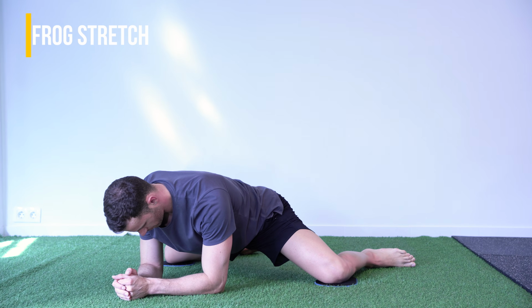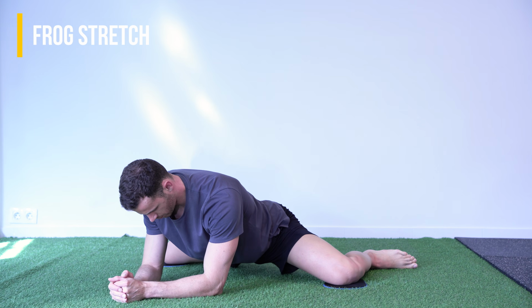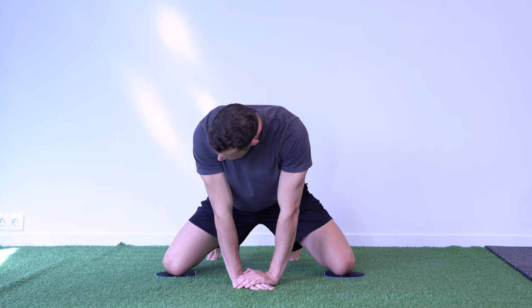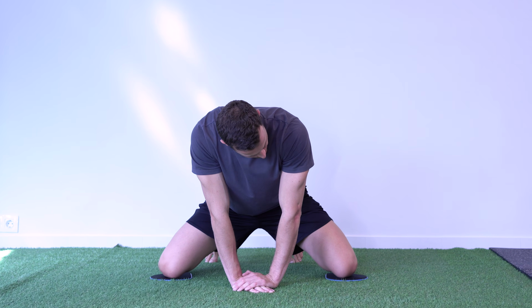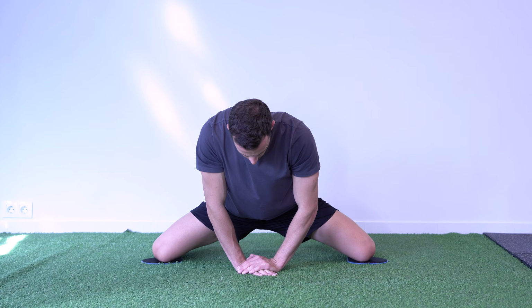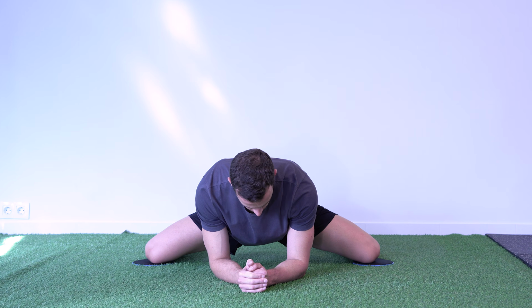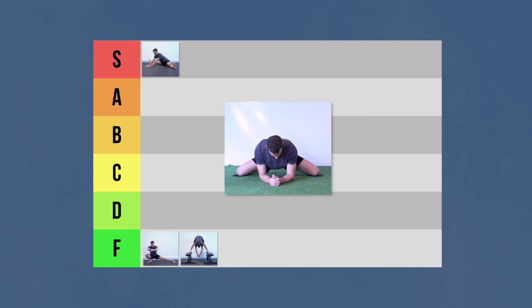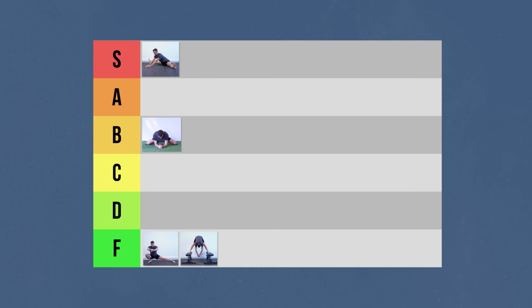The next one is the frog stretch, which targets only the short adductors. It's an easy to do all levels position, but it's slightly inconvenient to leverage your weight in the top positions and also a bit hard to progress on the low ones. It allows the use of only a few methods, but it isolates the muscles well with zero systemic fatigue. It's a useful exercise that I used to include in my programs, but because of the difficulties I mentioned and the limited methods you can apply on it, I think it deserves to be in the B tier.